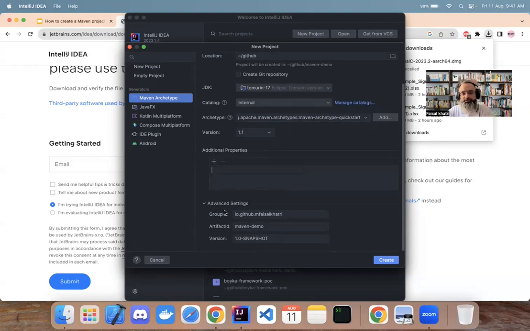Coming to the advanced settings. So the group ID ideally refers to your website name or the project name that you have. Not the project name, but the website name, the domain name. So for example, if your website is example.com or google.com, you put the name of group ID in reverse order, like com.google, com.example. So my website name is mfaisalkhatri.github.io. I'll be putting the values as io.github.mfaisalkhatri,